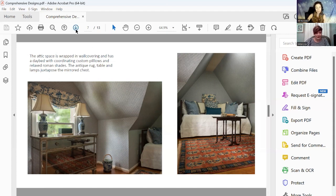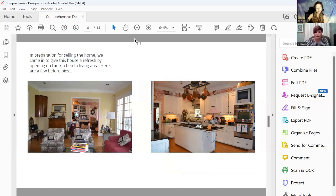Okay, so this is the next project. This is a before picture of a project that we came in on. So this lady was ready to kind of revamp her kitchen, and she wanted to sell her home. So we came in to kind of refresh everything in order for her to sell. So these are the before pictures of when we came in. Basically what you're looking at is the kitchen here, and what you'll see in the next slide is we opened up this whole wall here to make it an open concept kitchen and living room. So that's before,